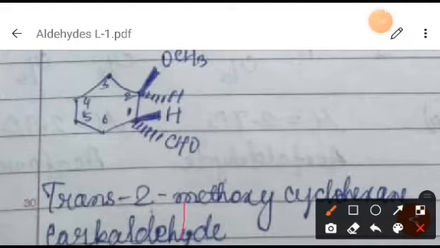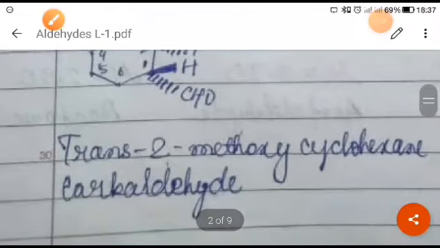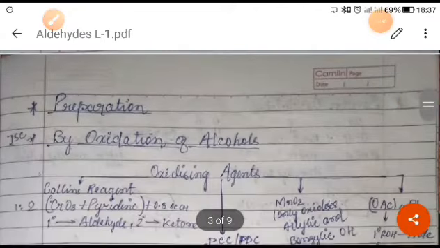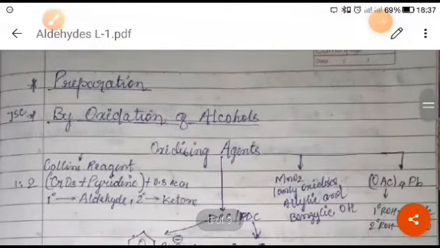Okay, as you can see here, the name is written. So I hope you have understood the naming, right? Now we will see the next topic, which is